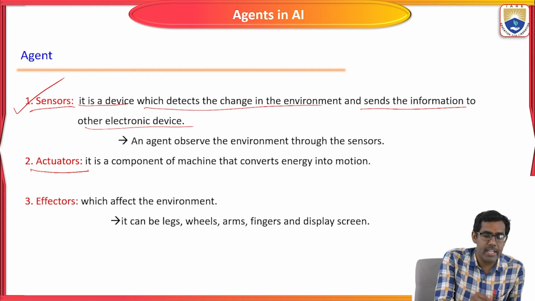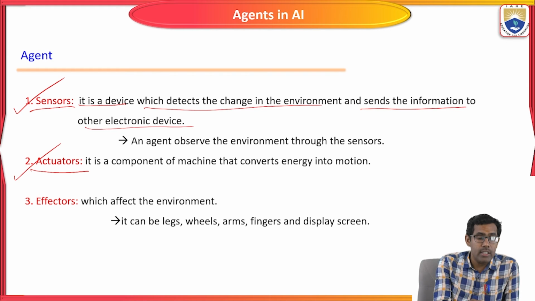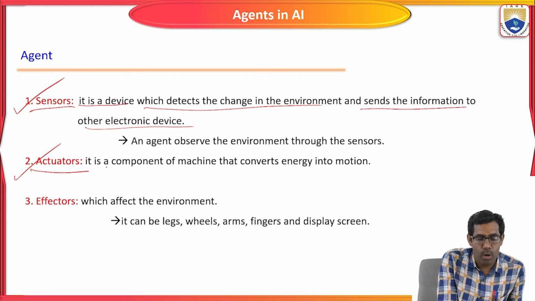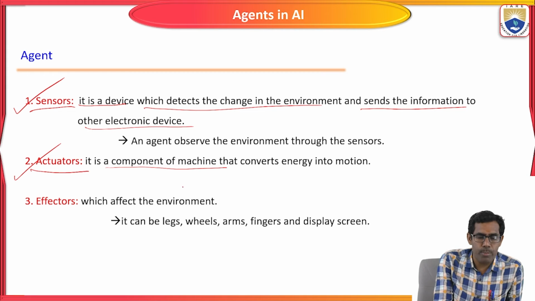So the next one is actuators. I said that legs are one, and in a machine, it means some motors, some coils, some tires, like that. Okay, those all act as an actuator in artificial intelligence machines. So it is a component of a machine. Actuator is nothing but a component, one part of your machine. Like in our legs or in our hands, one component, right? So it is a component of your machine that